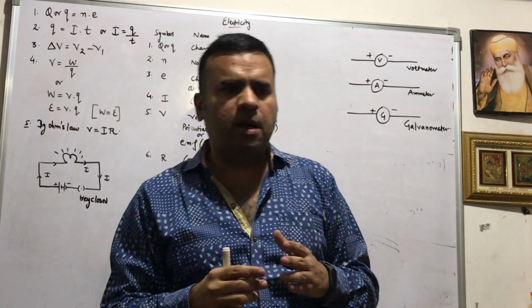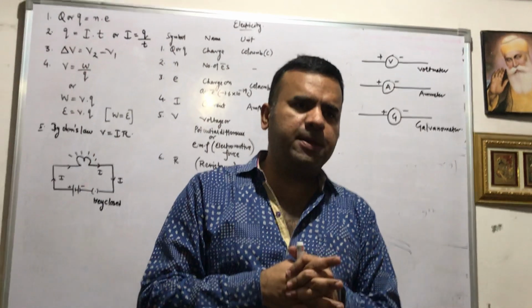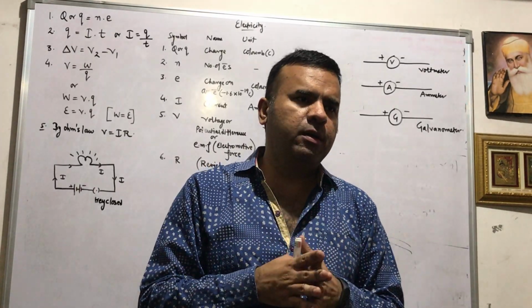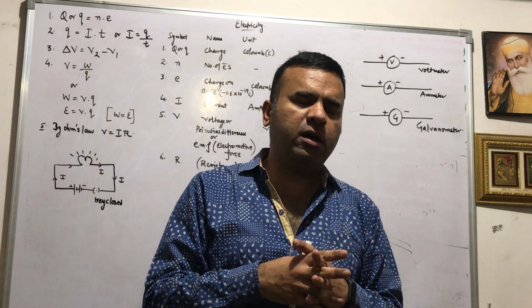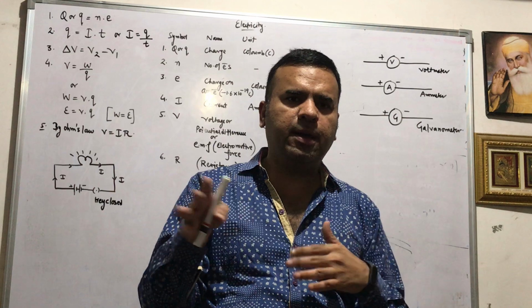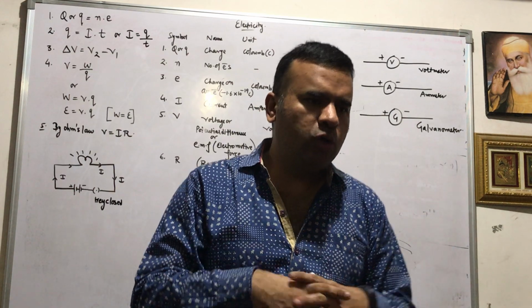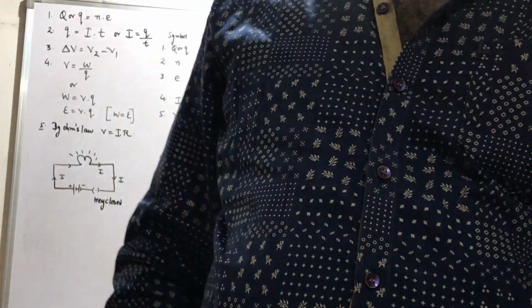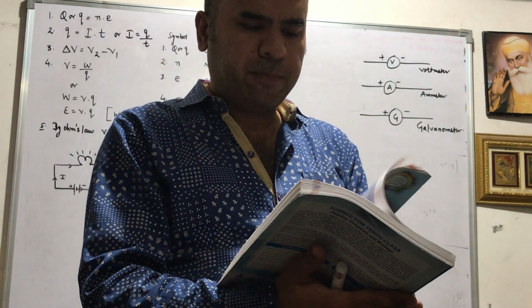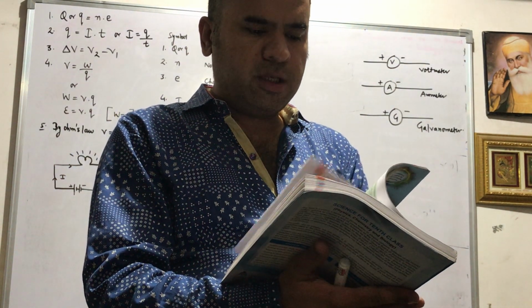There are various examples which are given in Lakhmir Singh. Suppose you are not passing electric current in any circuit, then electrons will be moving randomly, disoriented. You can see this picture. I can show you, this is in Lakhmir Singh, electricity chapter. You can turn to it if you want to see this picture.